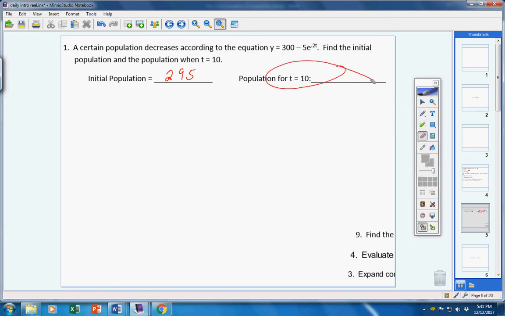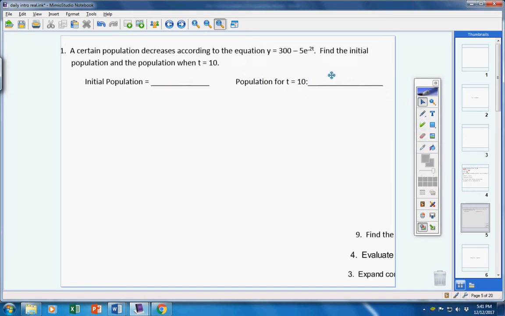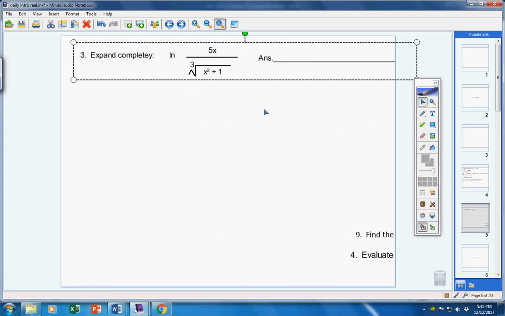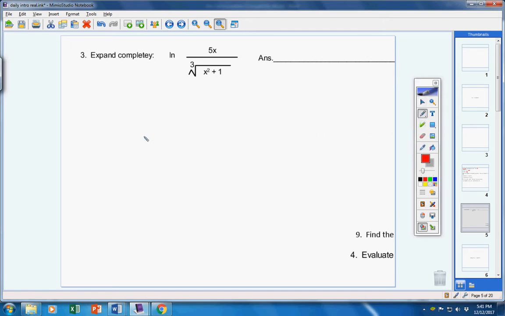Okay? So moving on to number 3, expand this completely. Now, let's see. Kobe, you missed it, but Kobe, you just simply forgot to put parentheses around that last part. So, if you don't understand that, then watch me work out the problem, and you'll see in the end what happened. Okay, now,